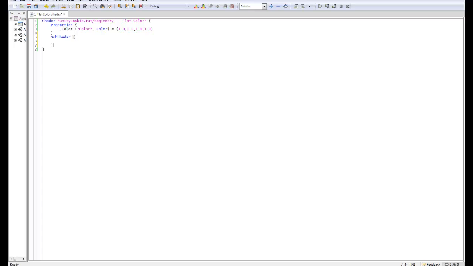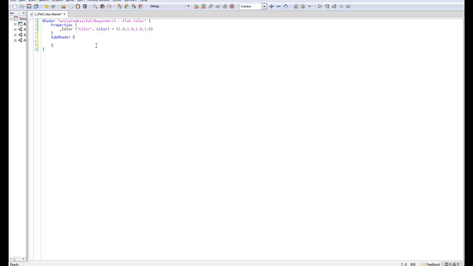So a subshader contains our shader effectively. So you've got our main shader up here. Oh, sorry, this one. Within that you've got your properties, how it interfaces with Unity, and you've got subshaders. So subshaders, you can have multiple subshaders per shader, and within those subshaders has all the stuff that controls your